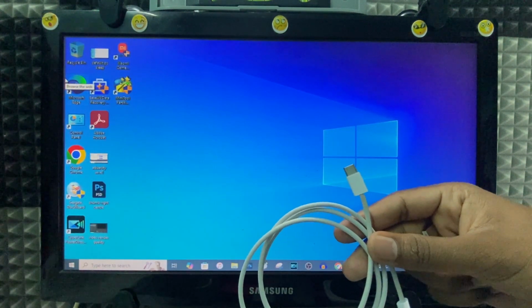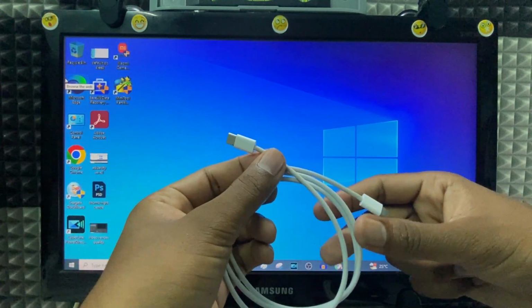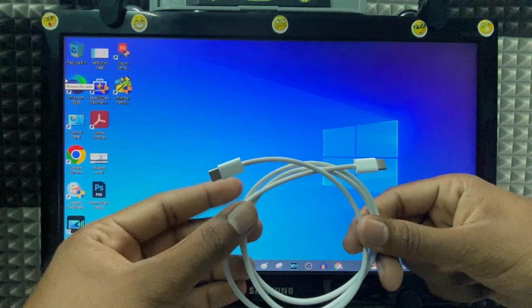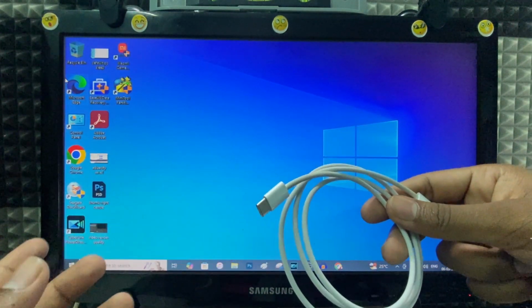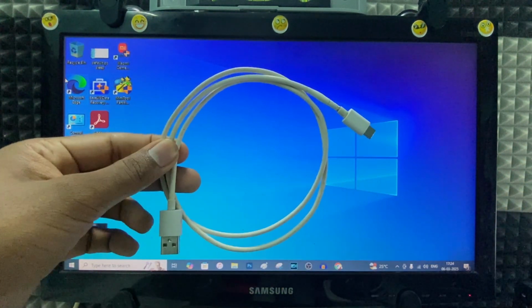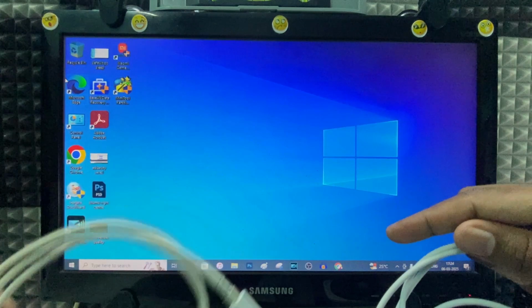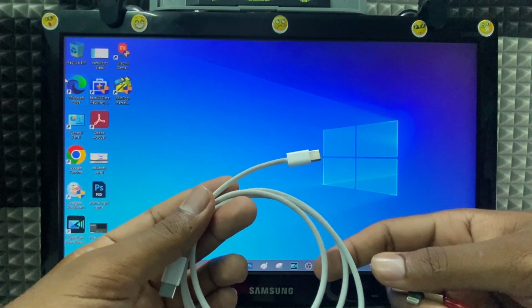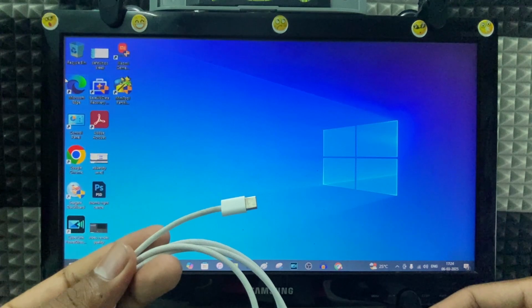And if your iPad charging port is Type-C, for example the 10th generation, in the box you will get this Type-C to Type-C cable. But if you try to connect this to a Windows PC or laptop, you need another brand of USB to Type-C cable. And if you use adapters for the Type-C cable to connect to your PC or laptop, you just